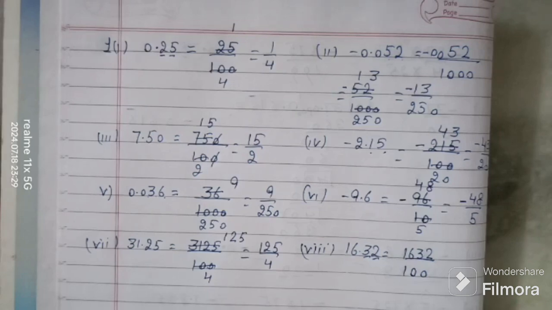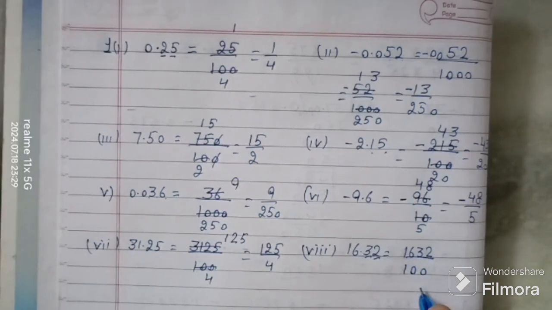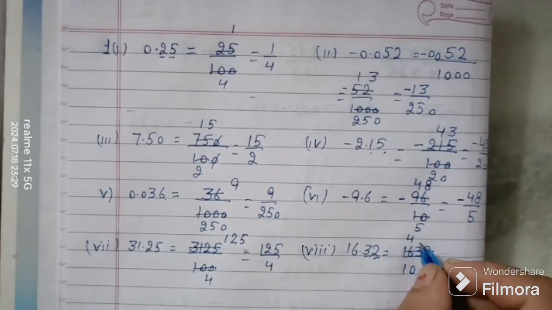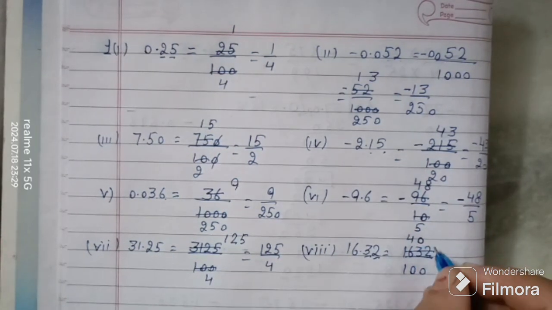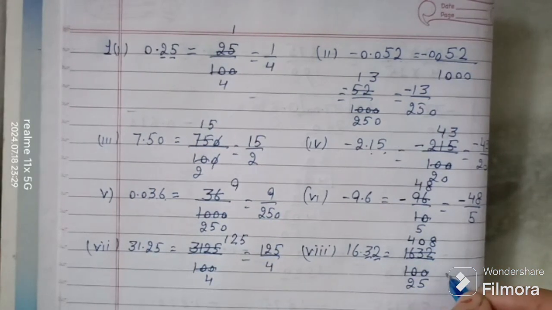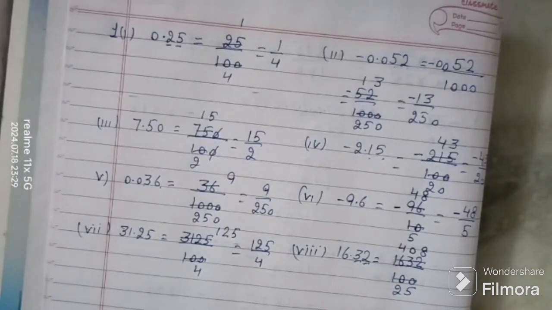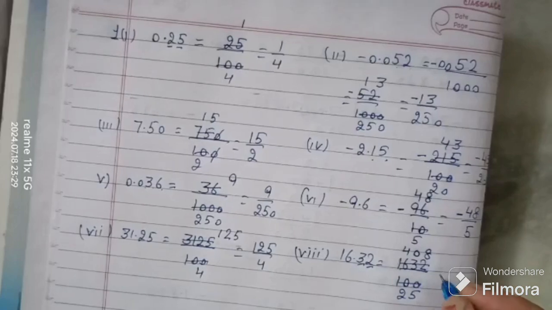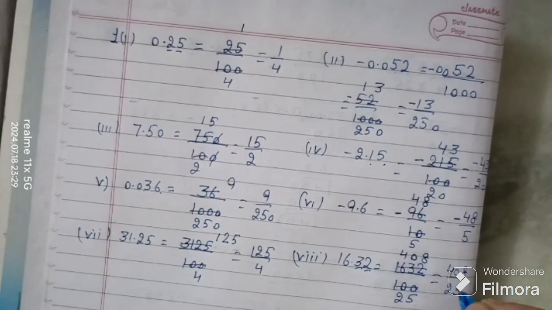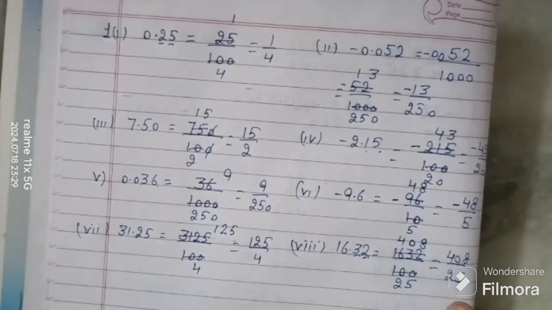Now let us check whether these two numbers are co-prime or not. No, these two numbers are not co-prime because these two are divisible by 4. 4 4s are 16. Because 3 is not divisible by 4, so I have to put 0. 4 8s are 32. 4 25s are 100. ये तो हमने लास्ट फर्स्ट वर्कशीट में भी लर्न किया था that 25 multiplied by 4 is 100. So whether these two numbers are co-prime or not? Yes, these two numbers are co-prime. So this is the lowest form of 16.32.